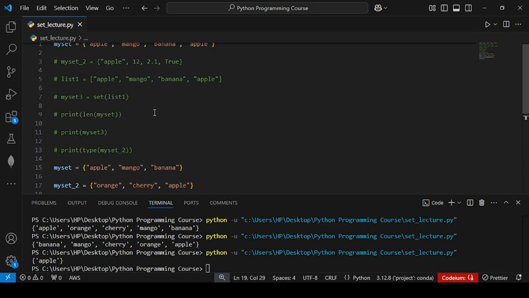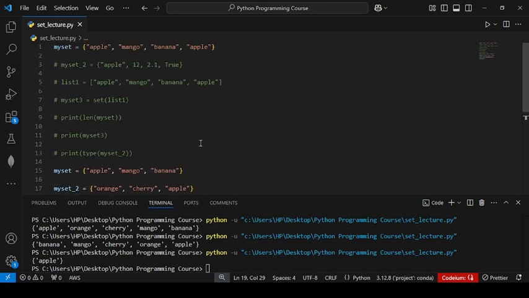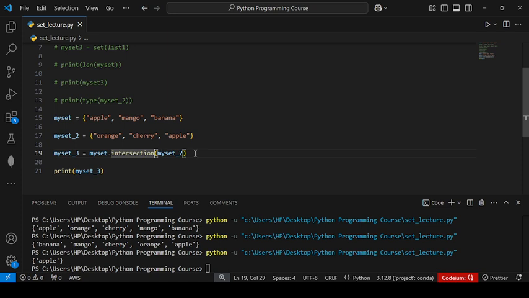So these are some of the methods I use to explain how sets work. We can also use intersection in another way as well.